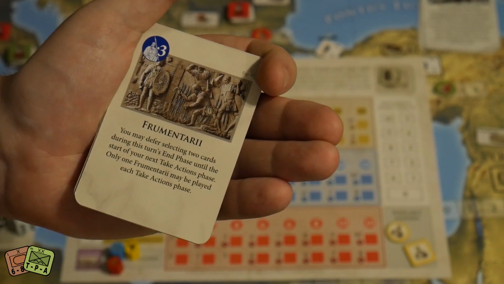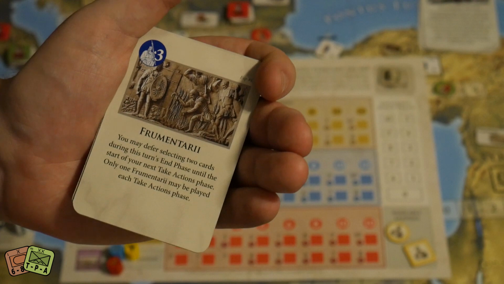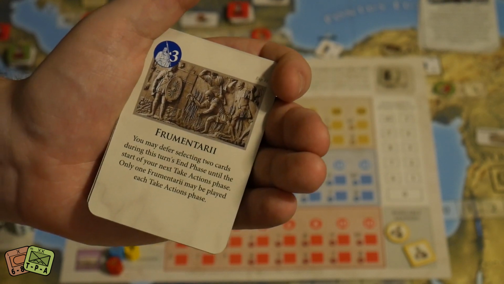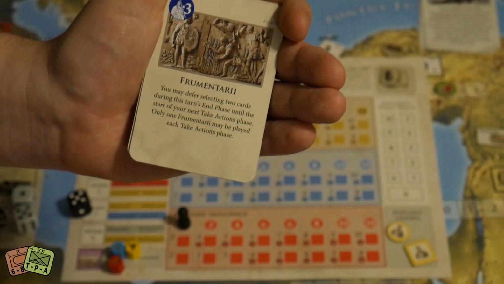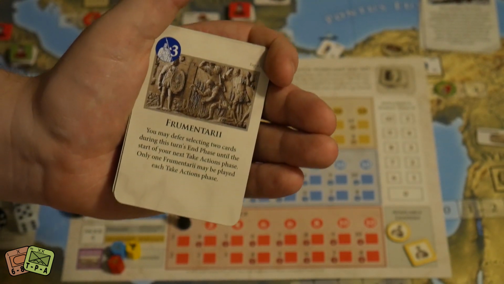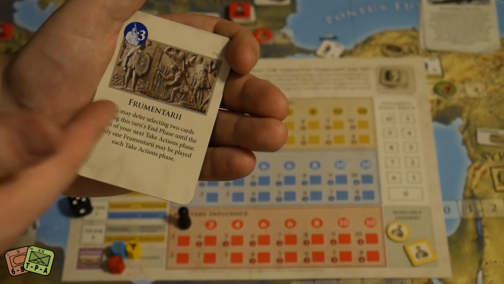The Frumentari: you may defer selecting 2 cards during this turn's end phase until the start of your next take actions phase. Only 1 needs to be played at a time. This is hugely powerful for hand manipulation, because the board state will change, and there are times I wish I could have had this. I could have won the game with this, but...